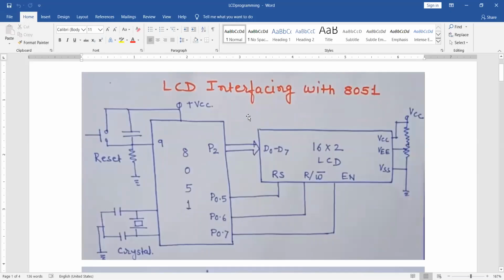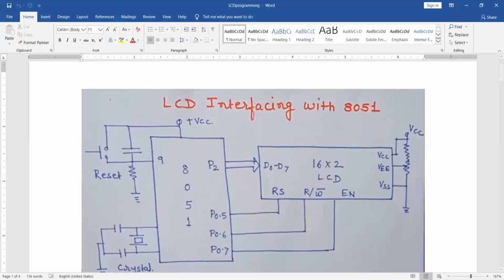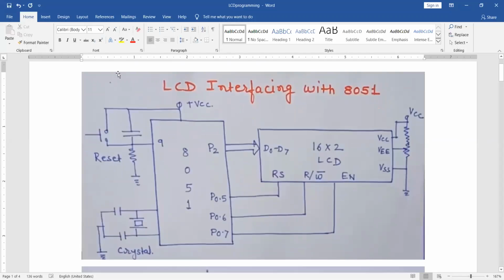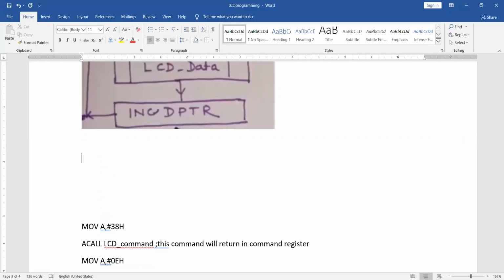Now let me give one question here. Suppose this is the question: write an assembly language program, ALP, to display the string Ganesh on the first row of the LCD.